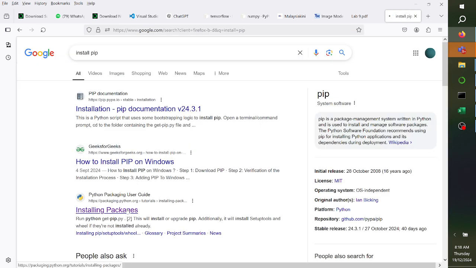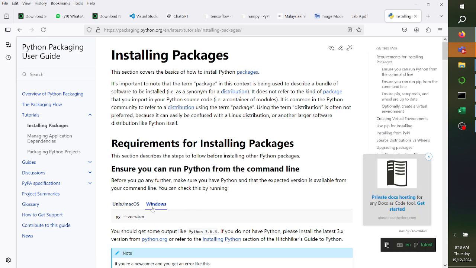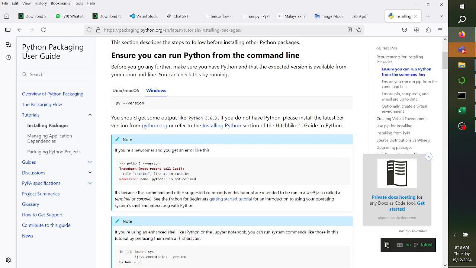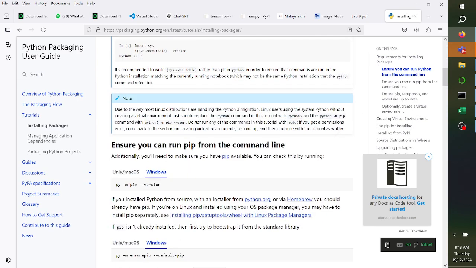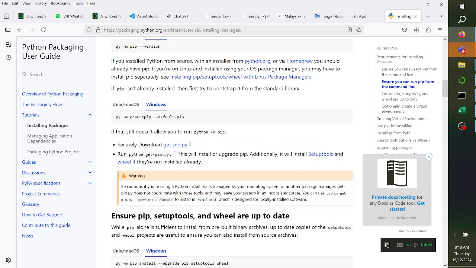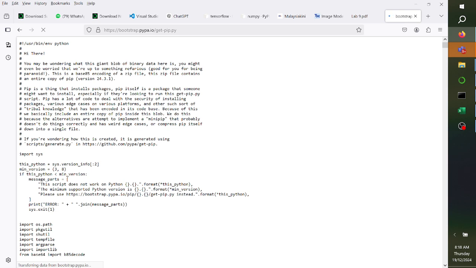and then just click here, and after that you can see. Firstly, if you want to install pip, download this source code, get-pip.py. After downloading it, you need to run this source code. How to install it? By using